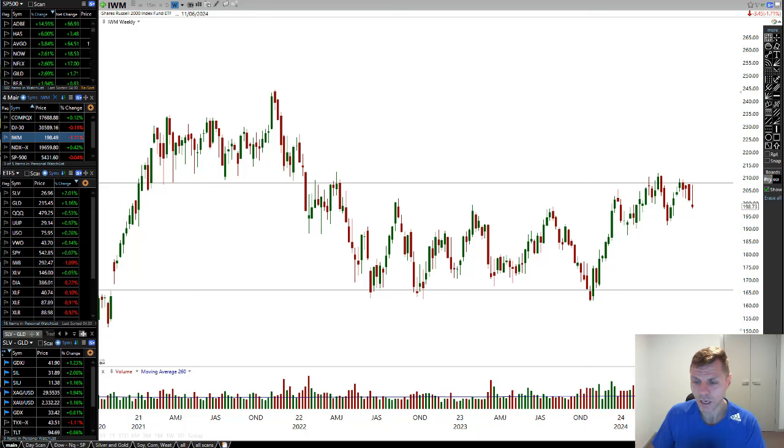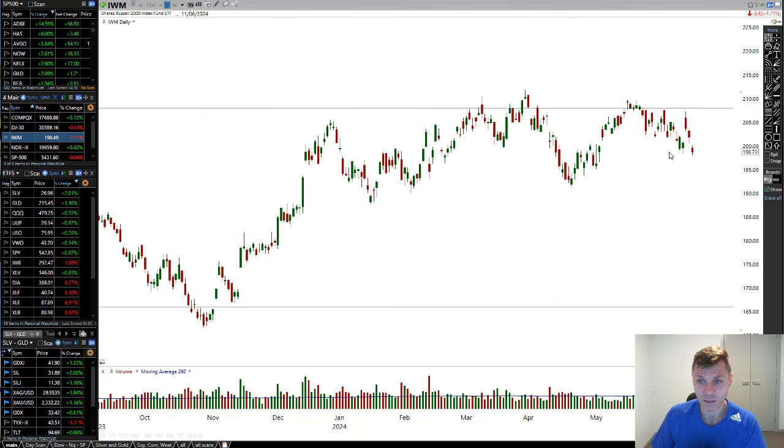So that's what I'm seeing on the Russell from here. And what I mean by do simply means this. If we can hold here, guys, and we start to really rally out from here, now we really need to hold the next couple of days. We really need to hold here and start to really rally out. If we do, guys, this is going to be a really big move. I believe out of all the indices, if we do